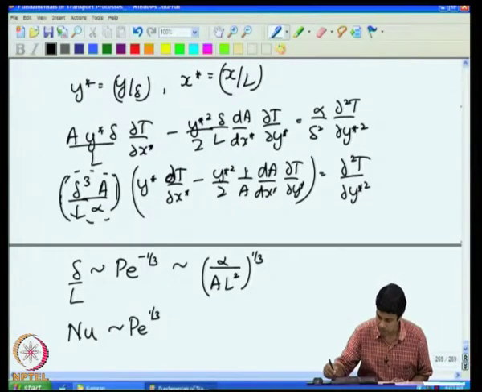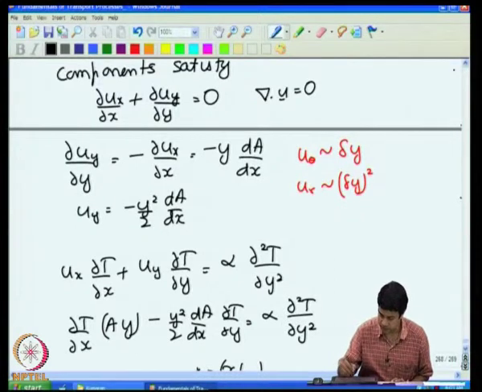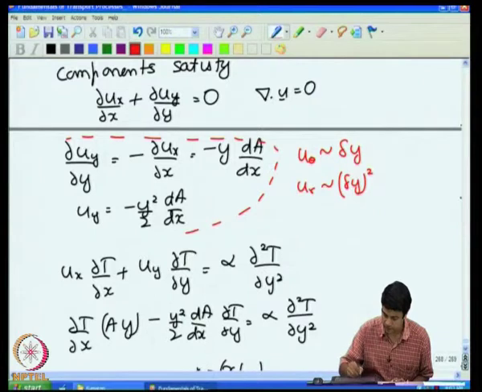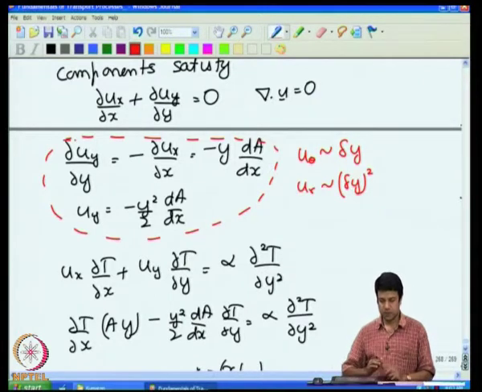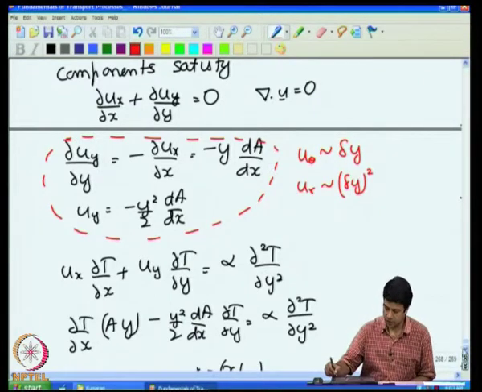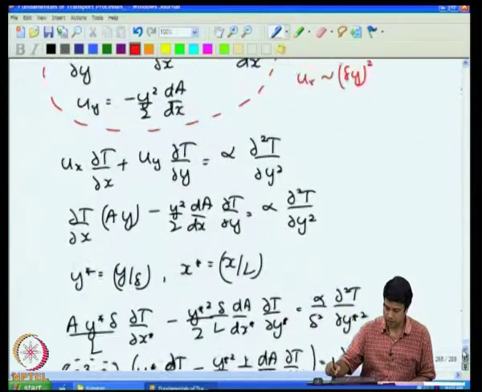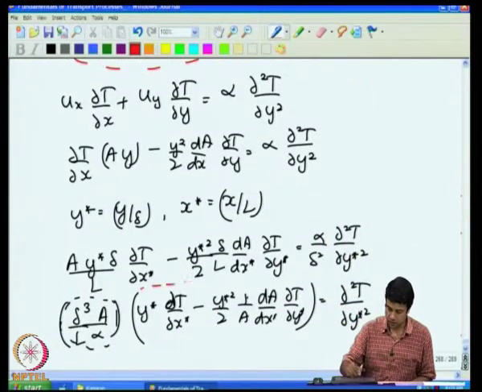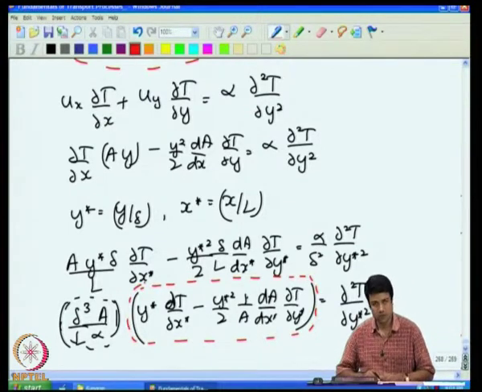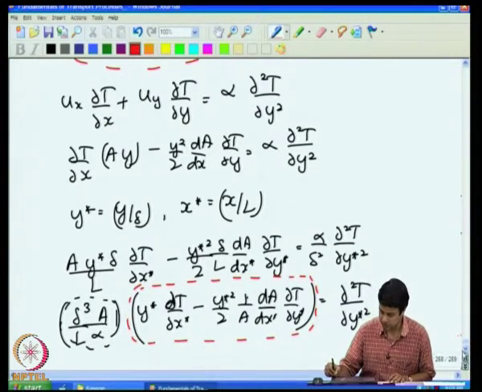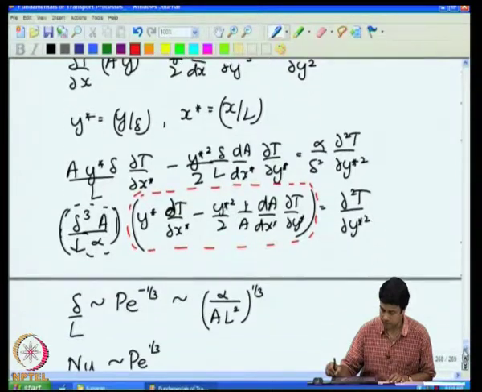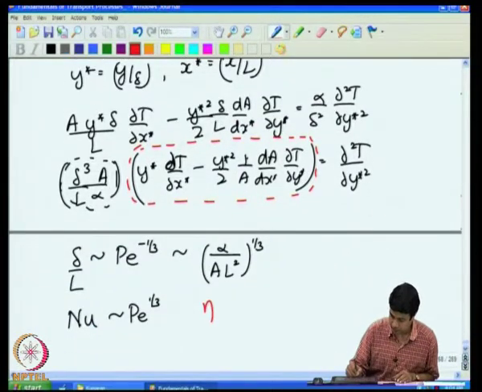Okay. The coefficient in this correlation of course depends upon the specific problem that you are solving. It depends upon the specific form of the velocity profile here. You have to put in the specific form of the velocity profile into this equation, and then reduce this one using a similarity transform, where you use a similarity variable